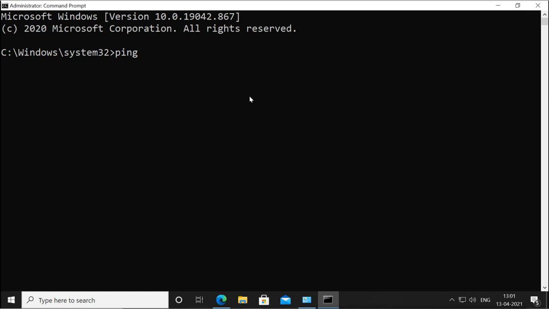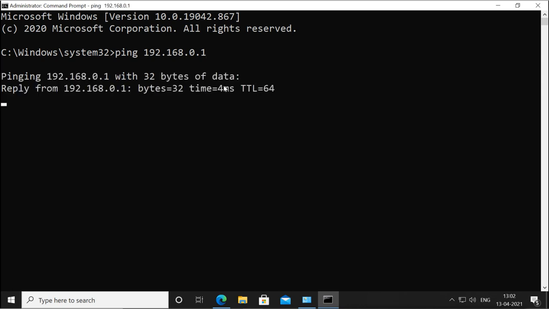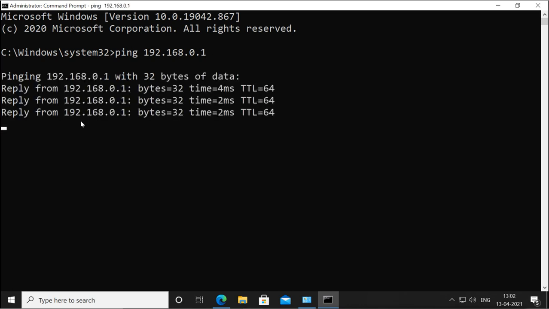So if you want to check whether the other machine is connected or not, for example my gateway, I want to see whether I am connected to my gateway or not. So I will use this ping command with the IP address of that gateway. And when I get the reply, that means I am connected. Now see what happens. I am getting the reply.